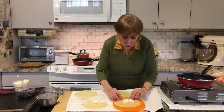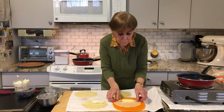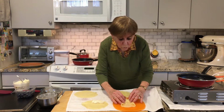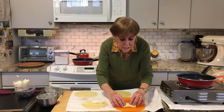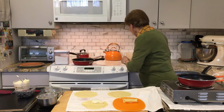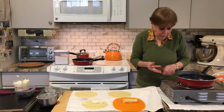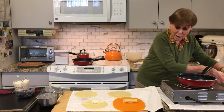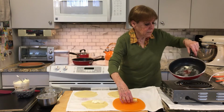You take, fold it over, bend it in, then take the sides, fold those over, and then once, twice, and there you have it. But, and I'm going to add more butter to the fry pan because I want to show you how you fry them and then serve them with sour cream or applesauce. So here they are,